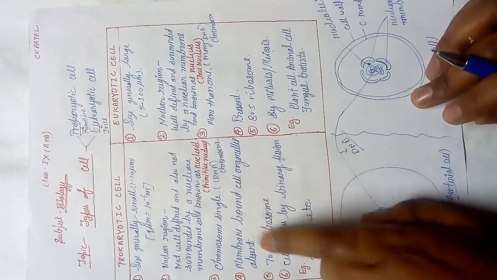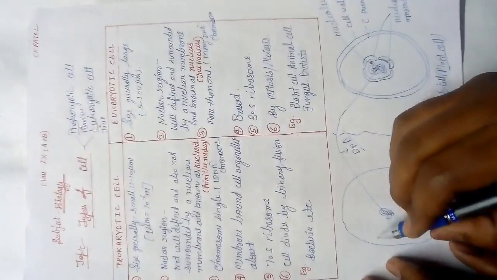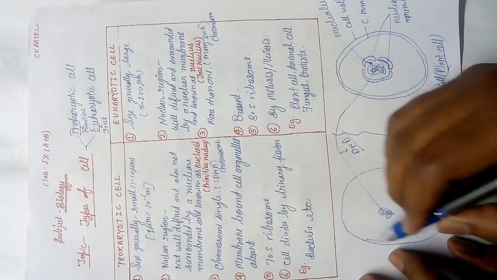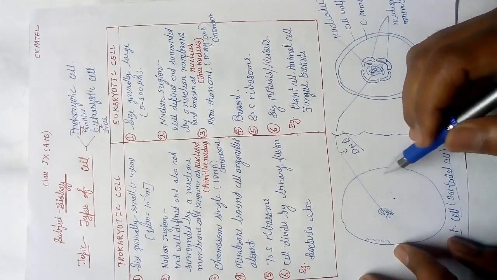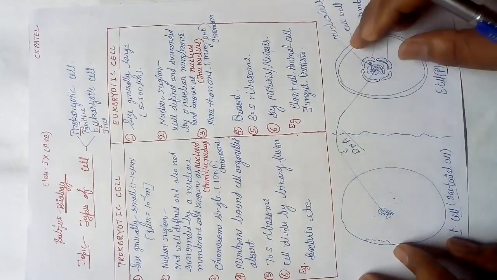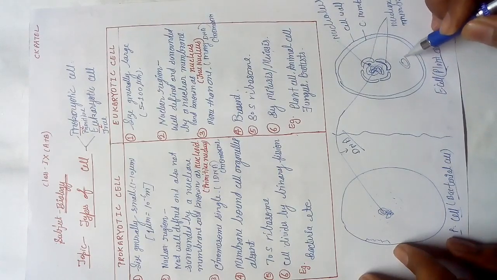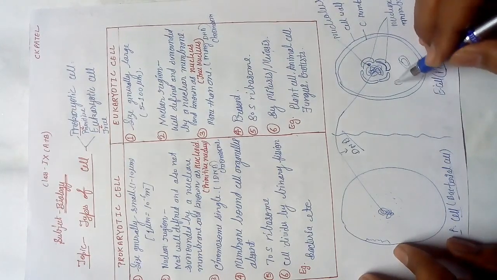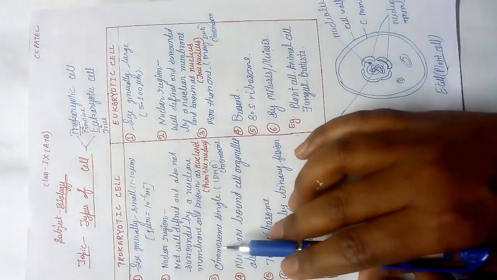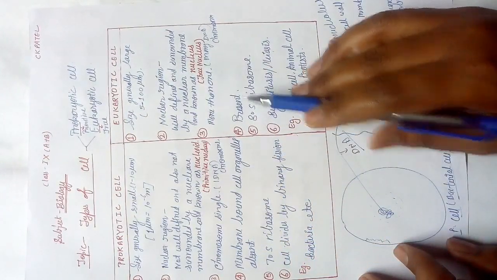Membrane bound cell organelles absent. Here present. For example, if you talk about mesosomes, mesosomes are just modifications in the cell membrane of the prokaryotic cell. Okay, but here in the case of eukaryotes, plastid is there, surrounded by a double membrane. Mitochondria is also surrounded by a double membrane. So it is written like this: membrane bound cell organelles absent, and here present.